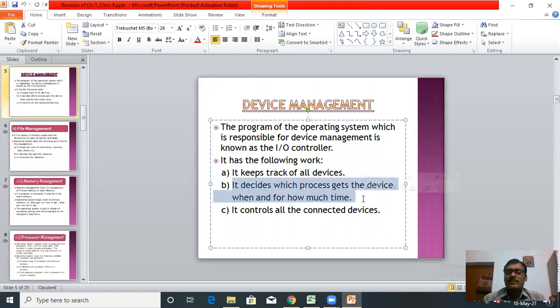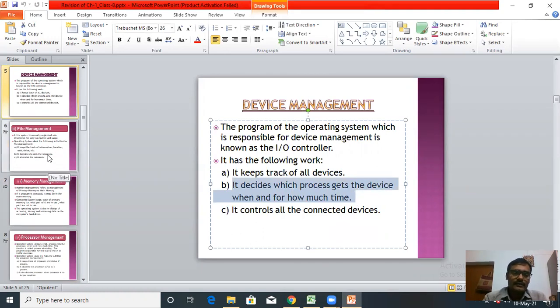Suppose you are playing music on your computer and a speaker is attached, then your operating system will decide for how much time your speaker will work. Third, it controls all the connected devices.